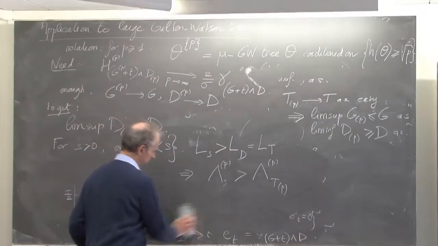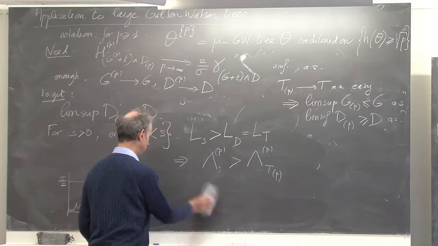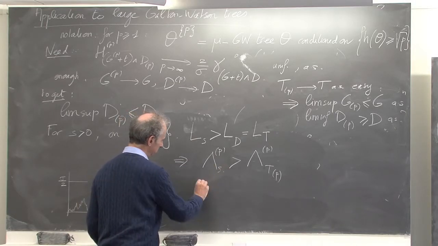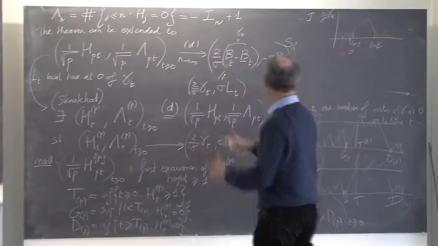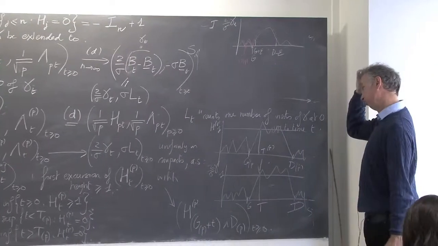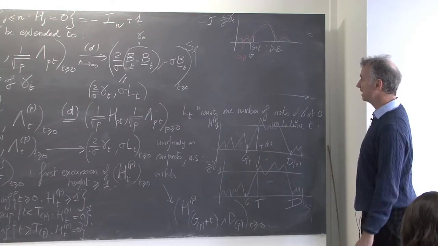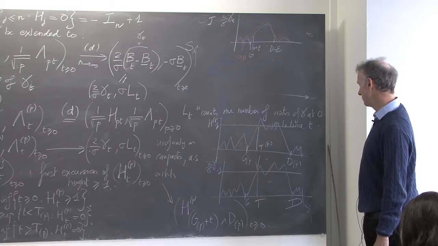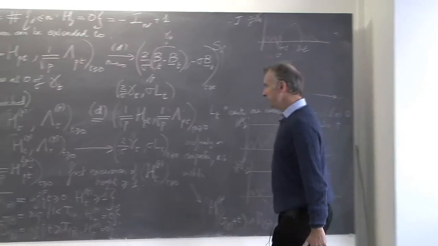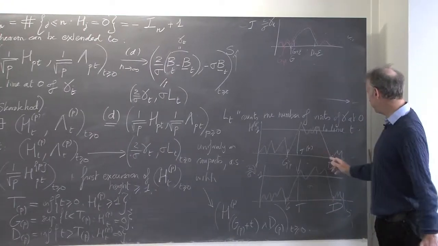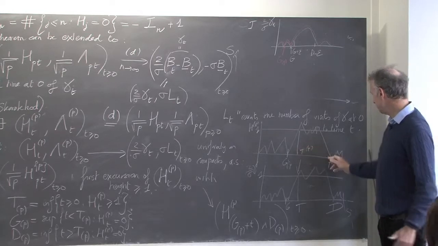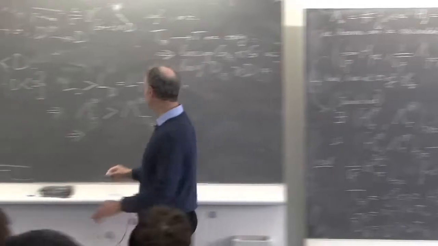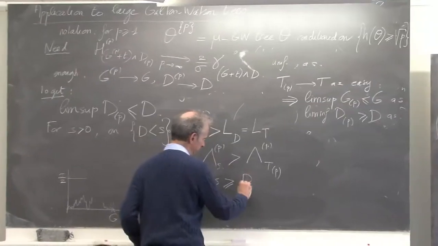And now this property, the fact that, remember what lambda p was doing, it was counting the number of times that H passes at 0. So this property implies, well, between Tp and dp, on my picture, between Tp and dp, the process H does not come back to 0, okay? Or the rescaled version, which is here. So the fact that you have these strict inequalities, this implies that S is greater than dp, okay?